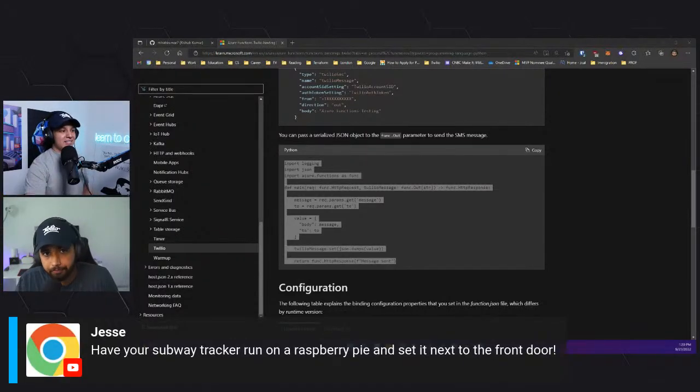Sure. So I like this one that says have your subway tracker run on a Raspberry Pi and set it next to the front door. I have a Magic Mirror project on my channel. It's essentially a Raspberry Pi Magic Mirror, a two-way mirror, and I had it indoors. I wanted to rebuild that here at my new apartment, and have the tracker data in the mirror as well. So when I'm getting ready in the morning, I have a good feel for the subways. I like this idea too. I've seen really neat stuff working with the MTA subway API and having it display in real time. With Raspberry Pis, there's just so much potential there. But this is a fantastic idea.